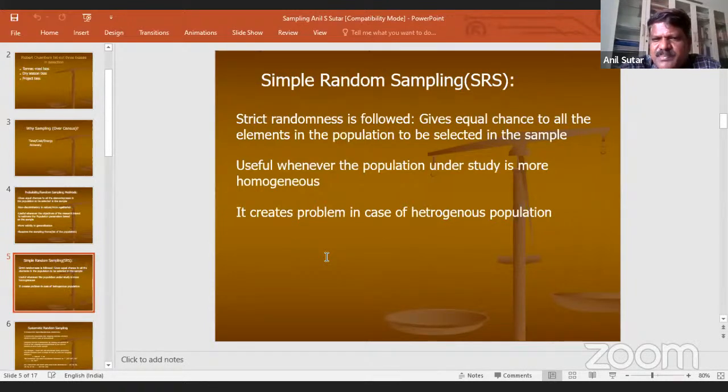When it is homogeneous, simple random sampling is the most appropriate. Homogeneous in terms of demographic variables or some other variables of your research interest. When you come across a population you are going to study that is more or less homogeneous, then simple random sampling is advisable.